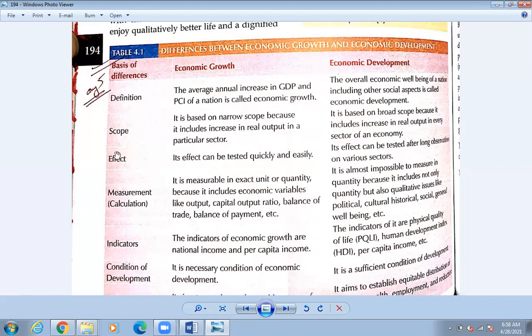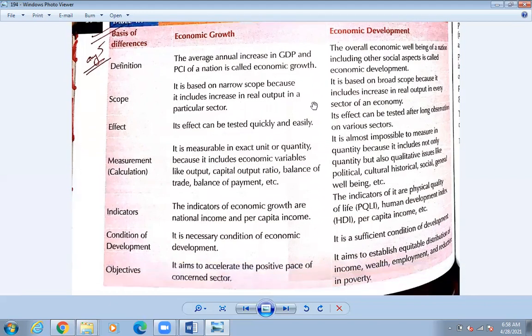of the economy. Okay, so while writing the differences, just write down: this is based on the narrow scope, this is based on the broad scope. Writing only this is enough. This one has a broad thinking, while that one has a somewhat narrow thinking. This one says develop everything, and that one thinks that if GDP and PCI slowly develop, the country will develop. So effect,